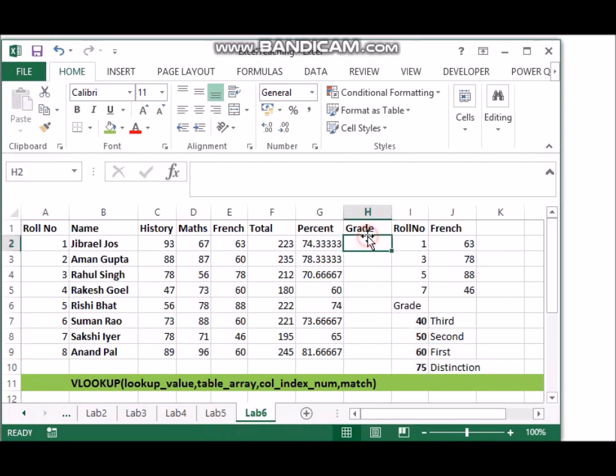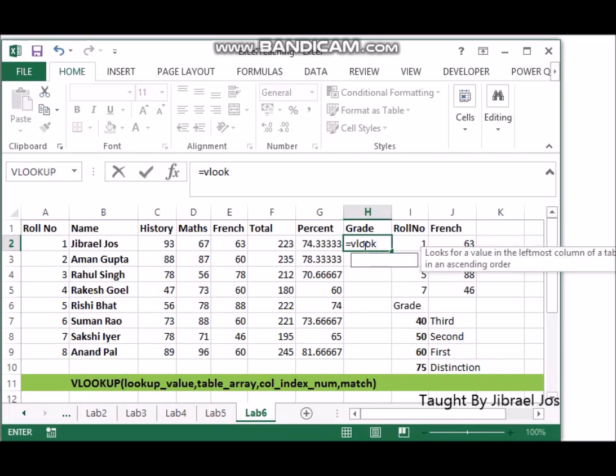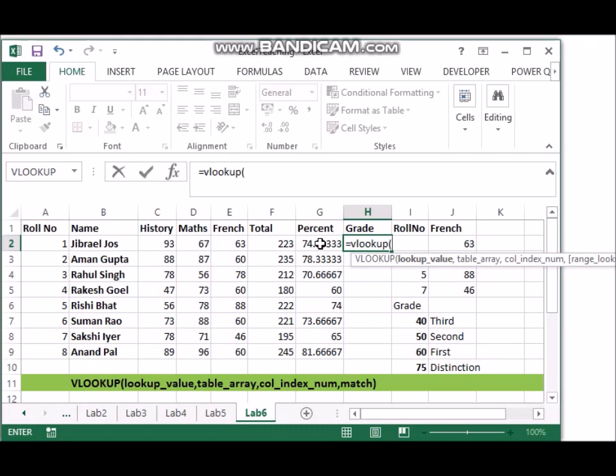How do I apply this grade on each of these percentages? So I will use VLOOKUP again. I will say is equal to VLOOKUP. What do I look up? I don't look up the roll number this time. I will look up this percentage value of 74.